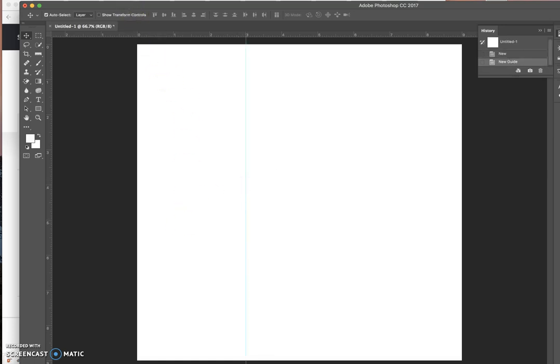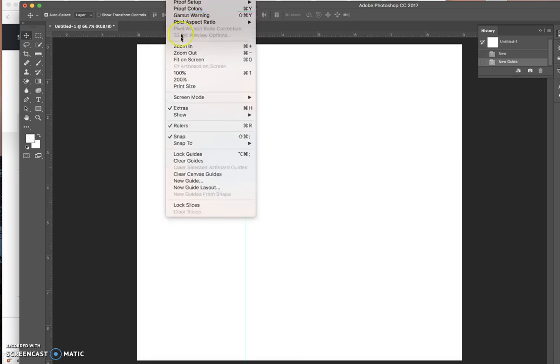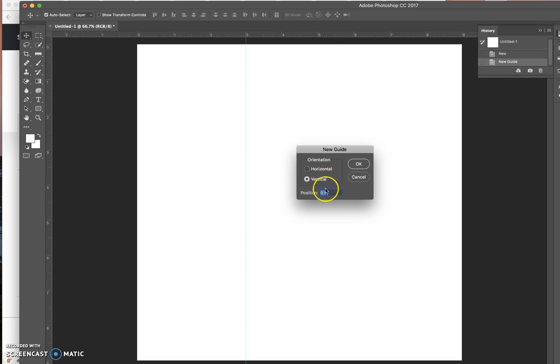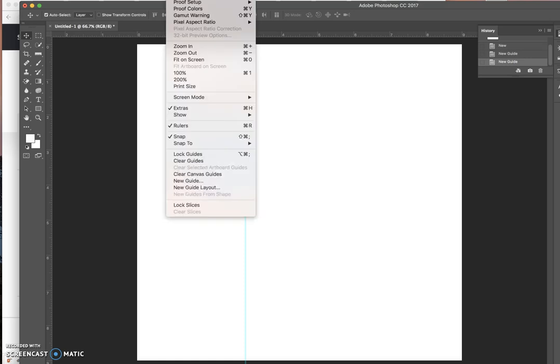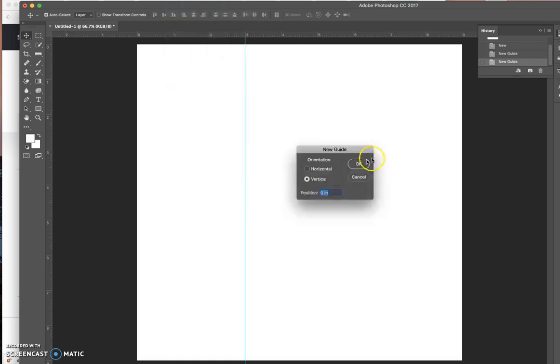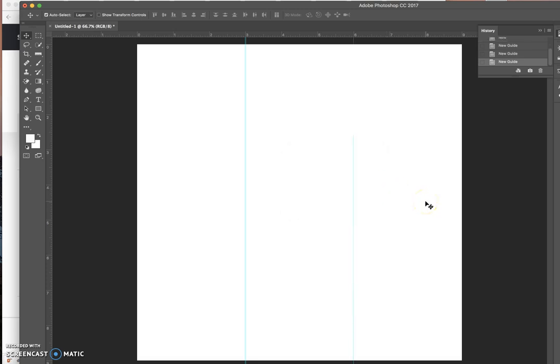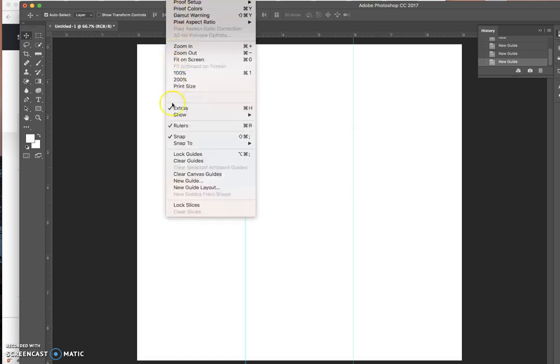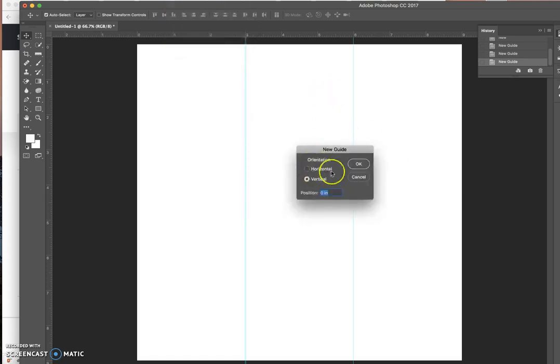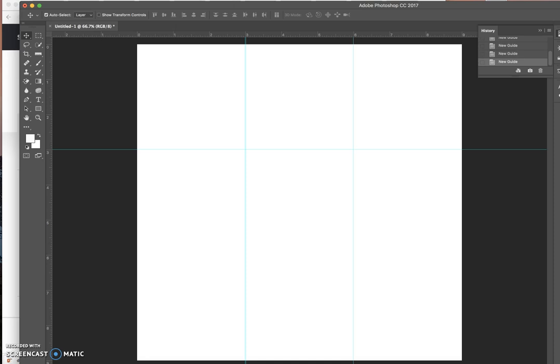The other option is to go to New Guide. Actually, this is probably easiest. New Guide, vertical, go 3 inches. And then New Guide, vertical 6 inches. And then, so there you go. You've got it completely done like that. View, New Guide, 3 inches horizontal. And then View, New Guide, 6 inches horizontal. So now I have it completely, actually,